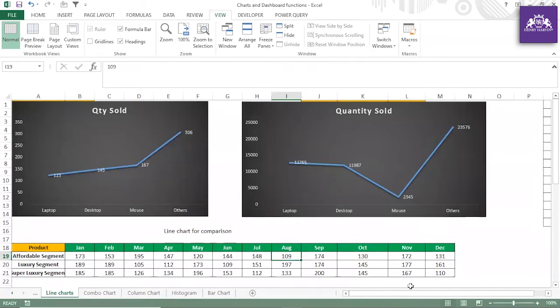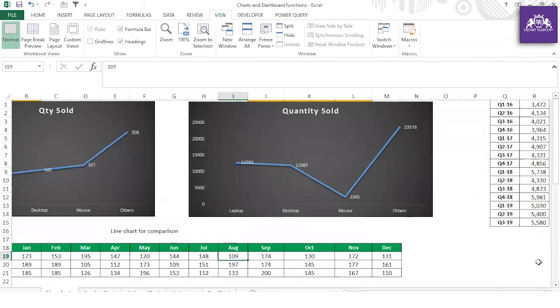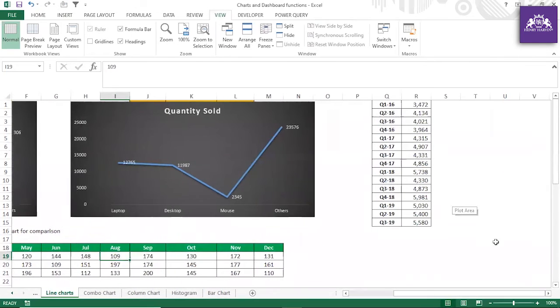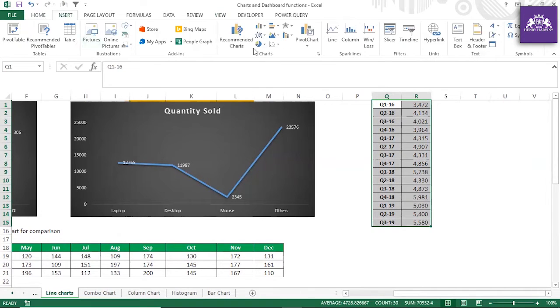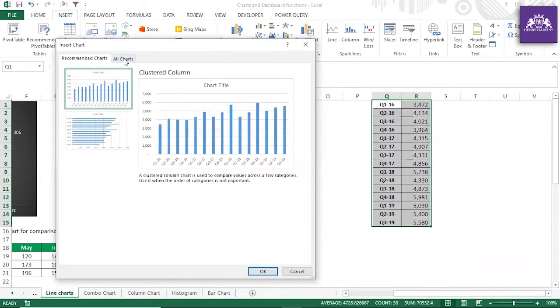And second, let me show another example of line charts where I feel some examples can help you better understand. Guys, this is the data where we are showcasing some kind of revenue. So how will you showcase this on a line chart? Very simple. Select this chart and go to Insert and go to recommended charts or all charts.